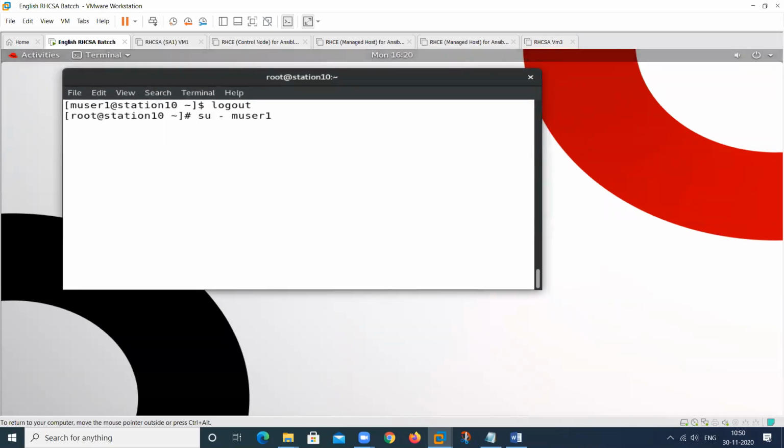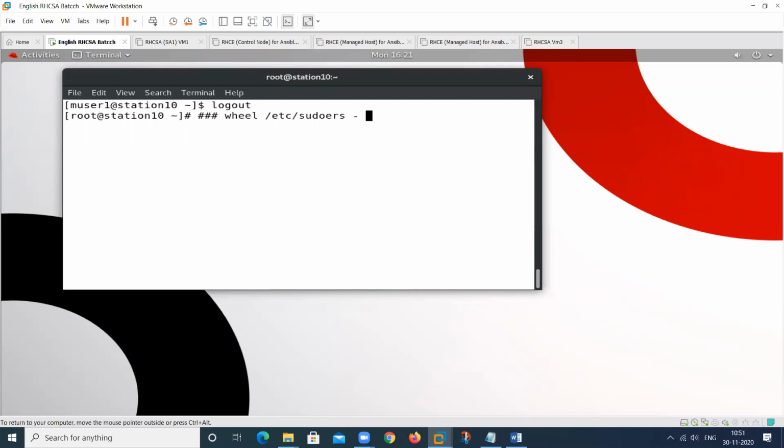Then I will show another concept. First, wheel is completed. Then we use another user in /etc/sudoers.